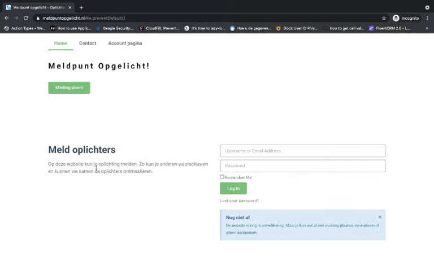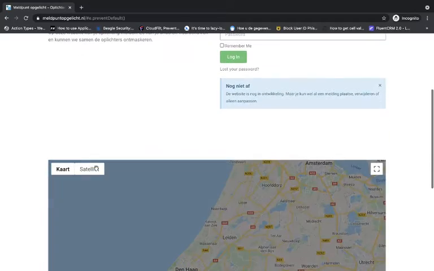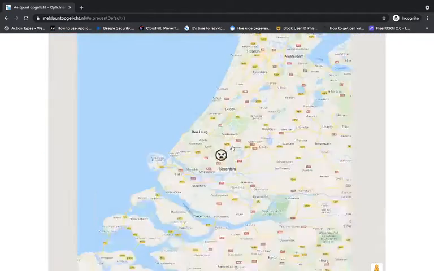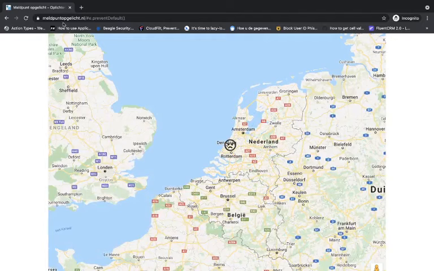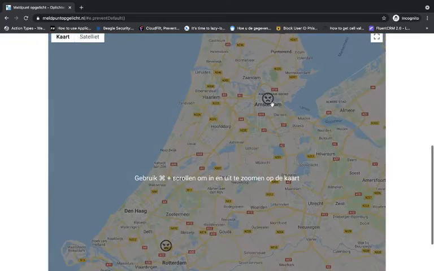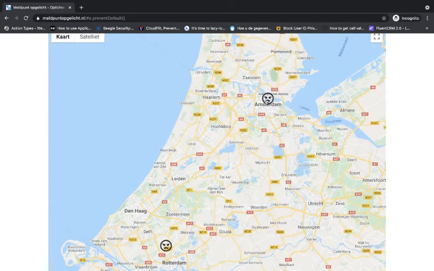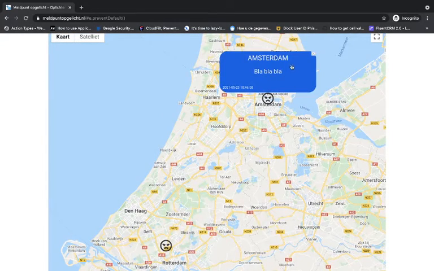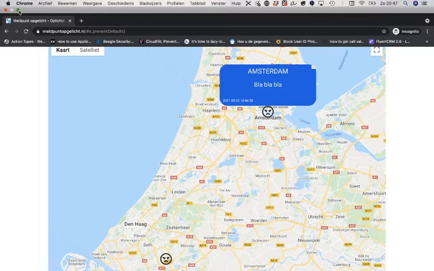So Amsterdam must be on the map. Refresh the page. And as we can see here, here is Amsterdam. And when you click on it, then you can see that Amsterdam blah blah blah is added on the page. But not only that,